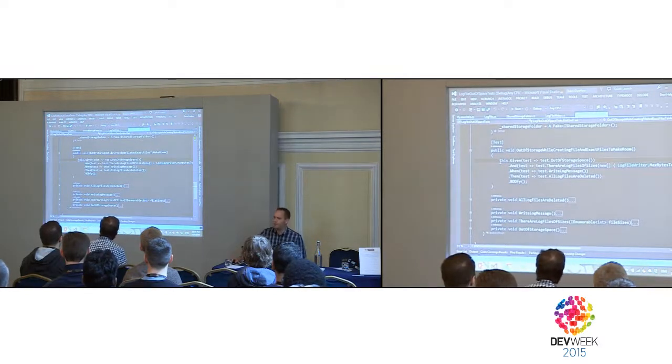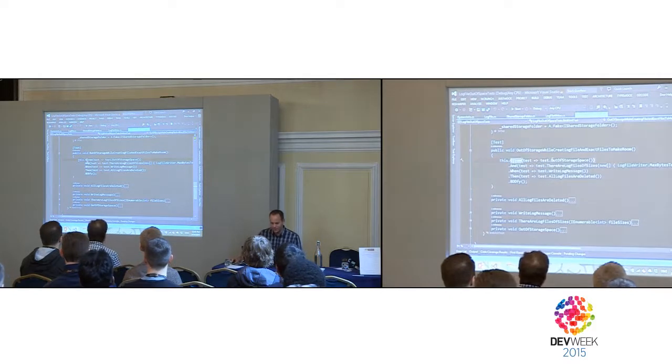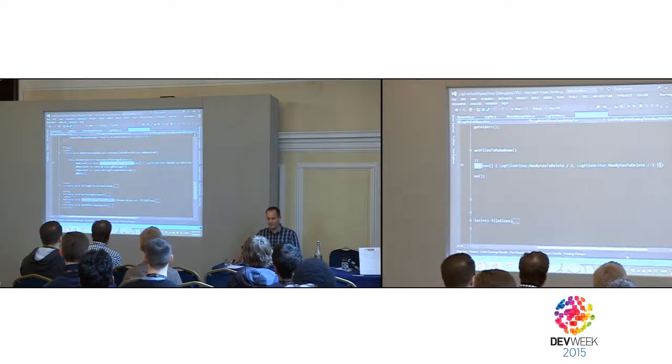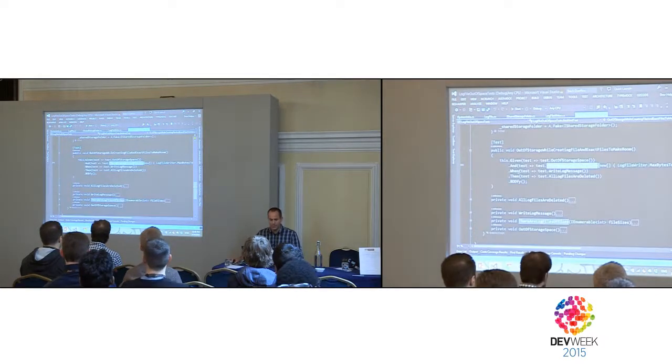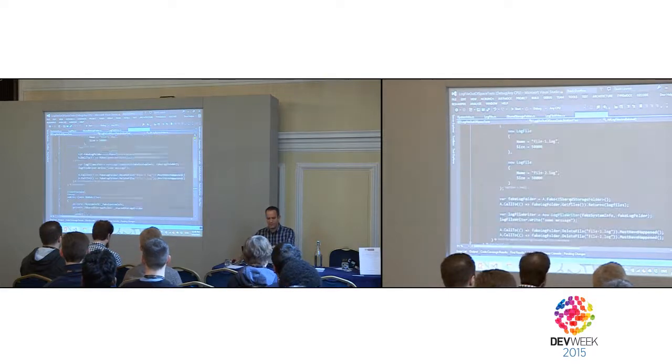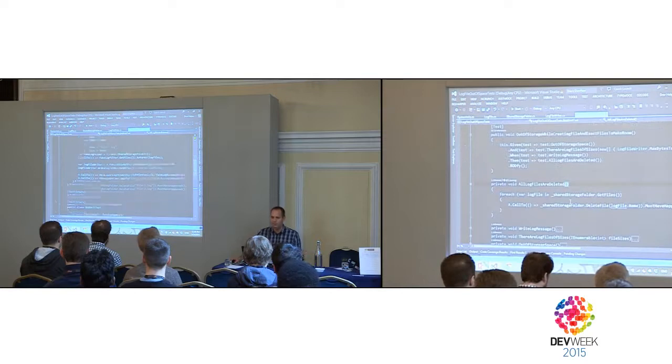This is how it looks with BDDfy. It has 2 APIs. This is the Fluent API. I like it better. Given that I'm out of storage space, and there are log files of sizes, and here I give it the sizes of the log file. Each of them is exactly half of the max size. And when write log message, then all log files are deleted. You don't need to know anything about the business. You can read it. It's much more readable. And another fun thing about it: when I run the test, all of them are just methods here. I just took that test and extracted it to methods. That's it.